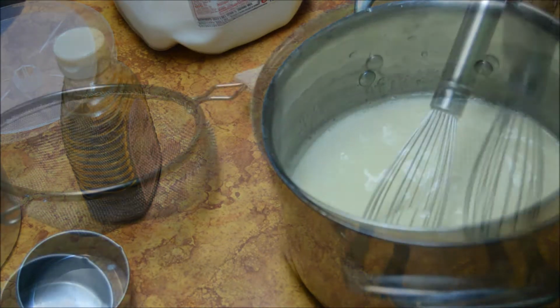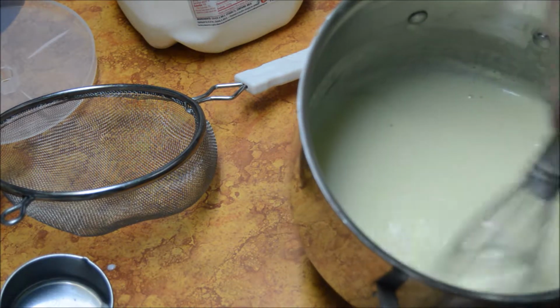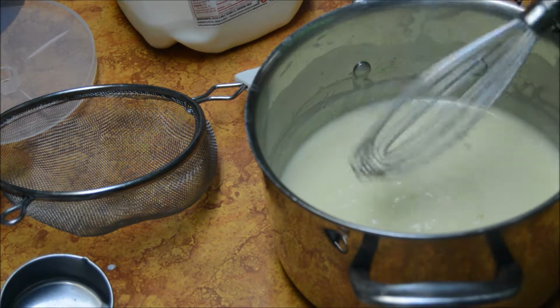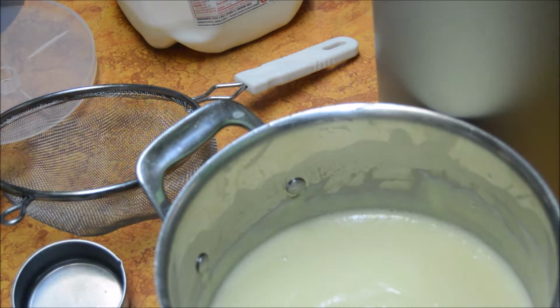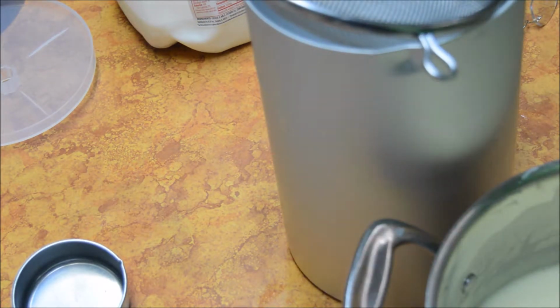And then we'll show you it after cooking. You can see it has gotten significantly thicker. You don't want it to boil, you just want it to thicken into that custardy consistency. So we're supposed to cool it immediately. So we're going to just take our washed ice cream thing here and we're going to run it through